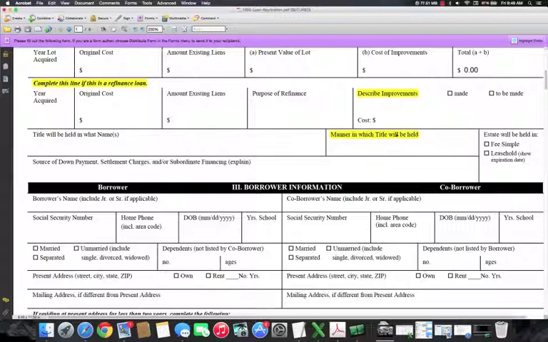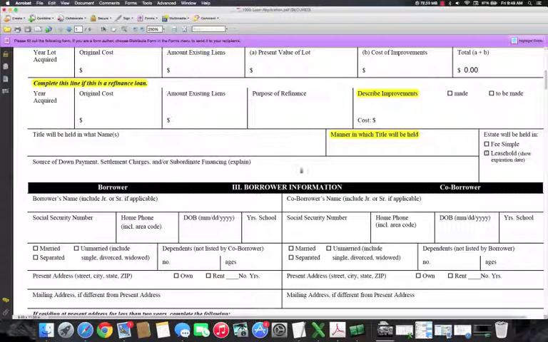A lot of times people do not know what to put for manner in which title will be held. If you don't know, because the states are different, simply get on Google and type that phrase, manner in which title will be held, and you'll see the different type of options. Here, estate would be held in, you're almost all the time going to put fee simple, because a leasehold simply means that you would be buying the building and leasing the land, and that's not probably going to happen